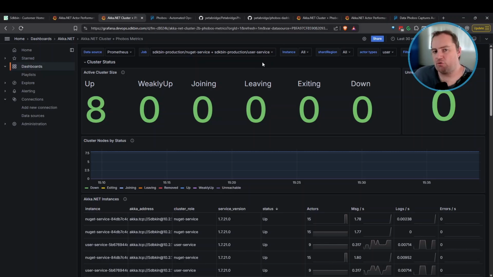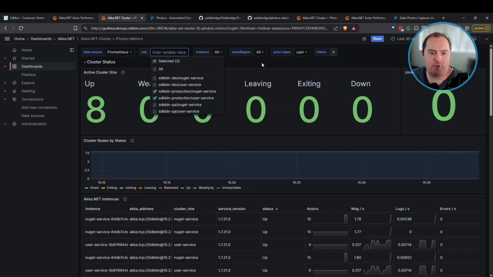So we have had a version of this dashboard for some time. This is our Akka.Cluster dashboard that shows you the shape of our cluster. Now, a couple of the big things that we've done is we have retooled it so it uses all of the OpenTelemetry standard metadata pieces now for being able to allow us to filter data about our Akka.net